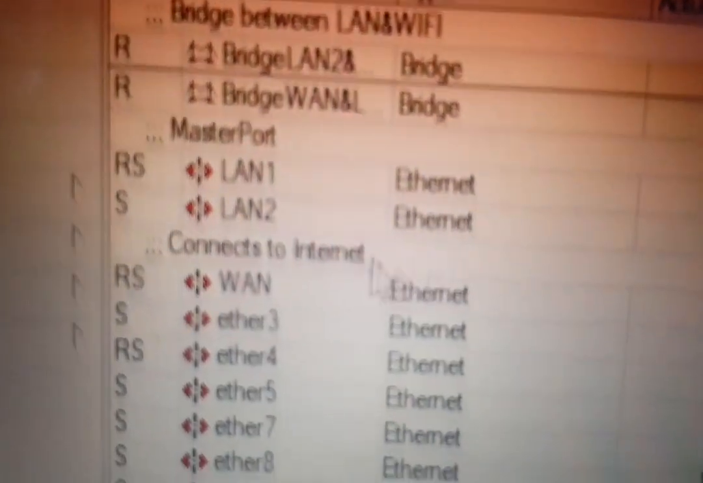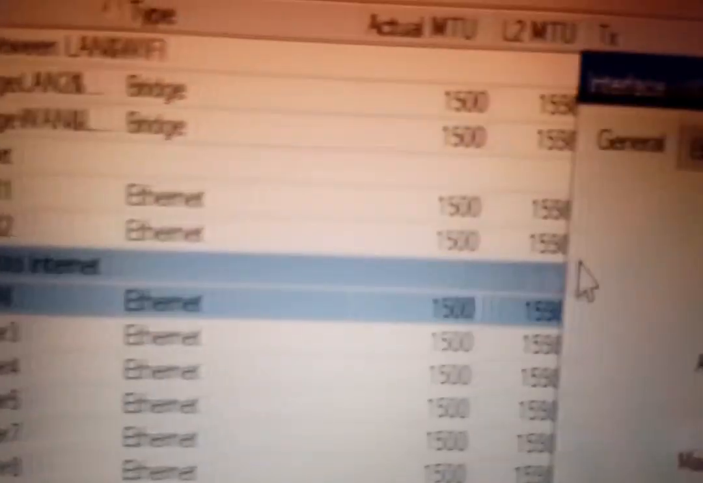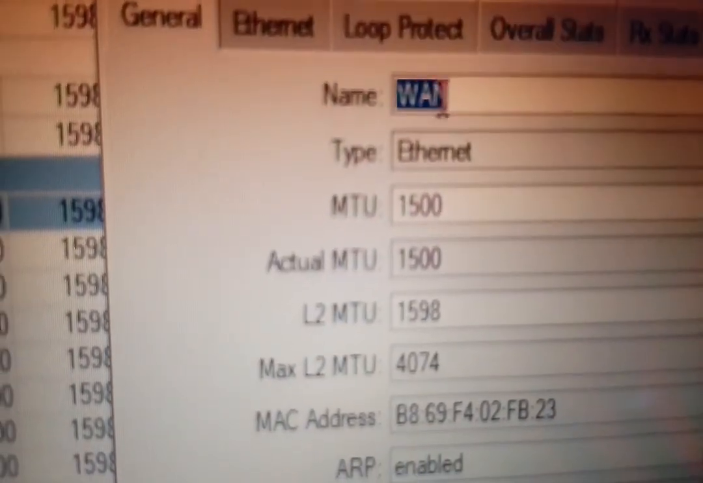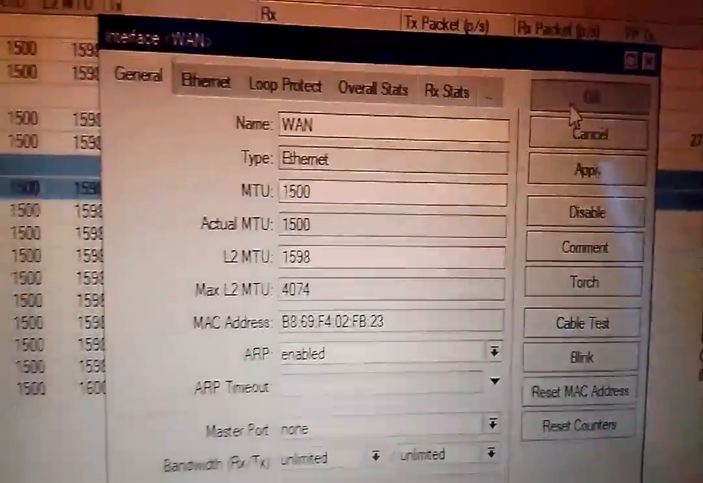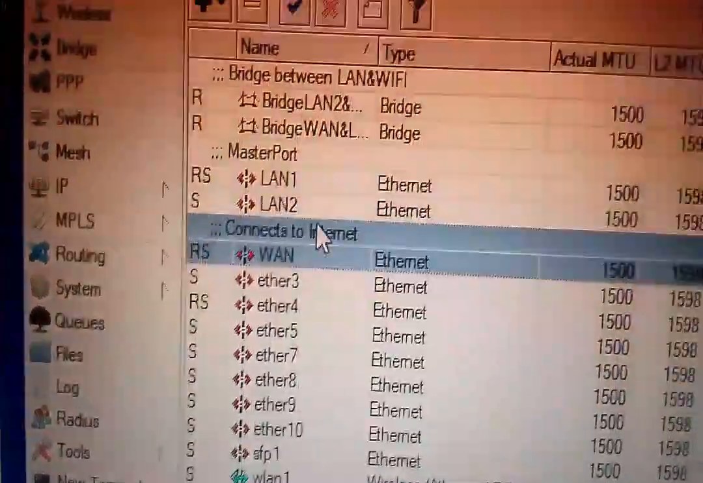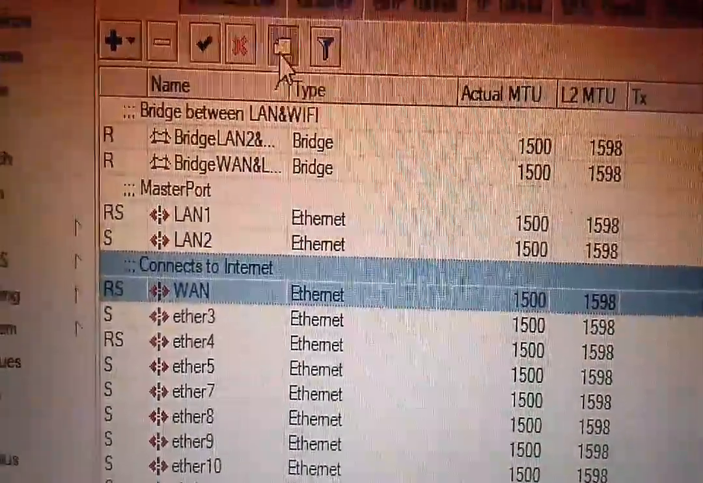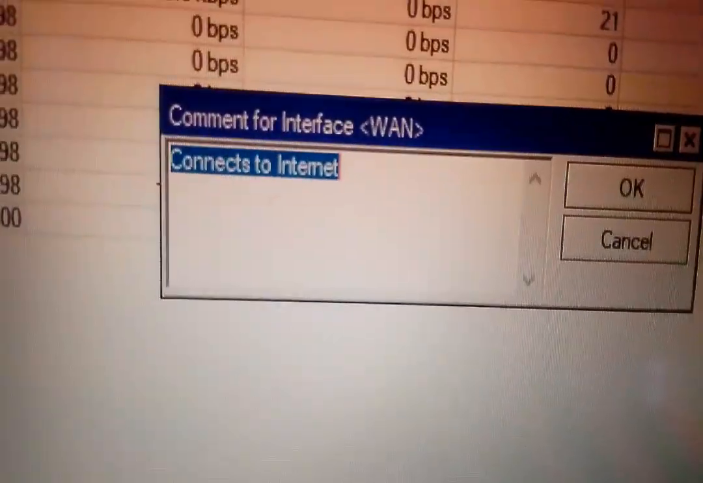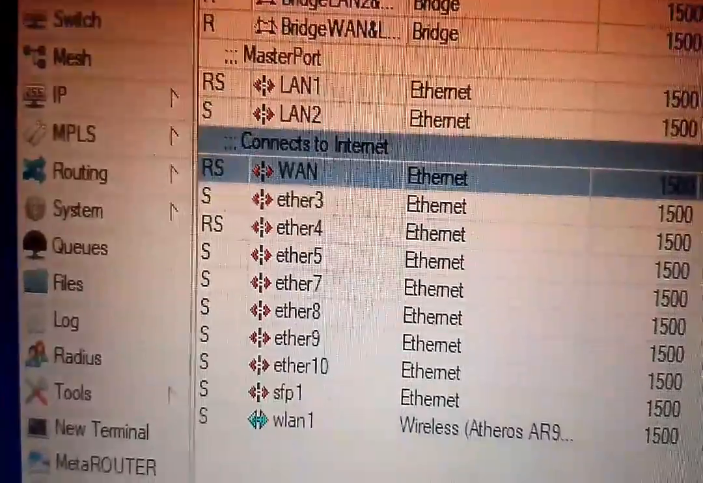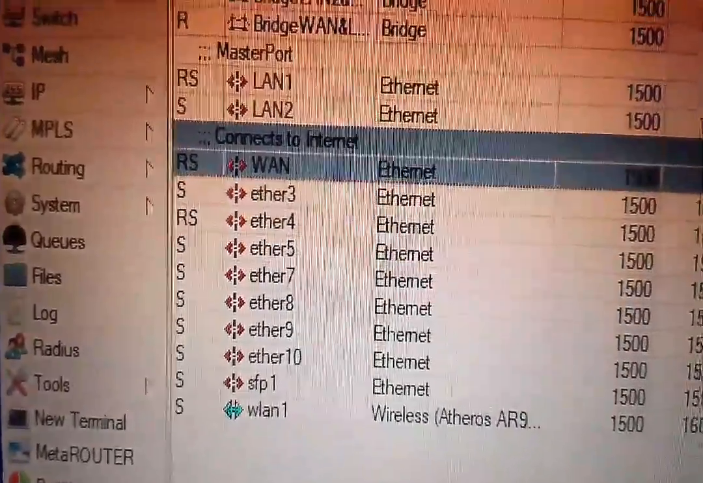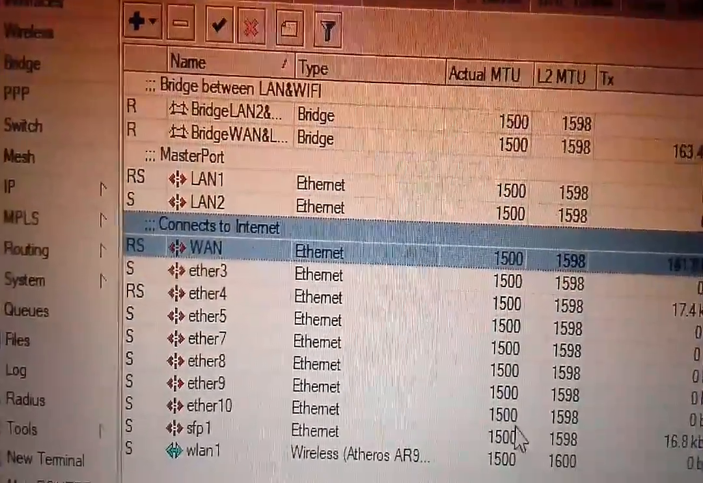I created this port first, named it 1 by typing just 1 here, without touching any settings, and I clicked OK. So I labeled it using comments, to put this label: connect to internet. My laptop is low, that's why I'm quickly doing this video. So after that, I